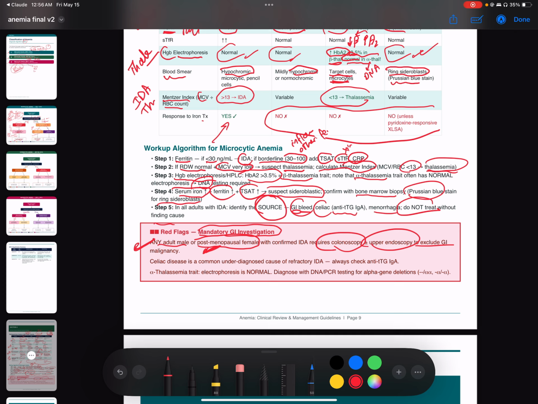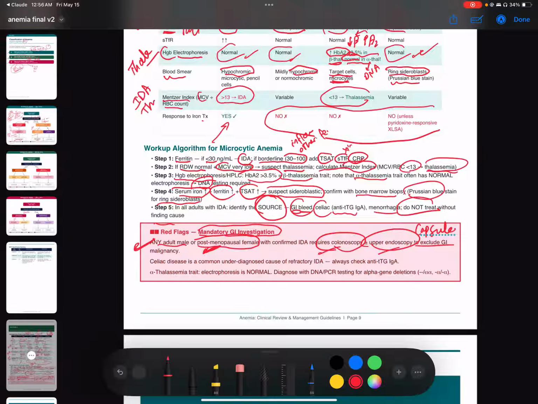If you do the endoscopy and the colonoscopy, and sometimes you need to do even a capsule, and you don't find any source of bleed, you need to think about different causes of iron deficiency anemia, which can be a decrease